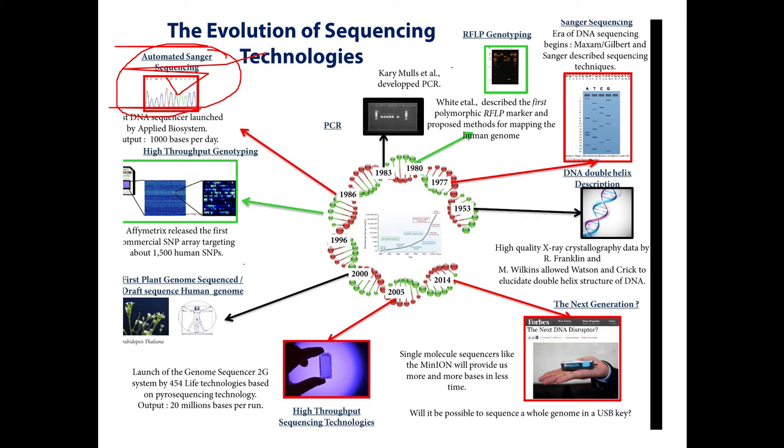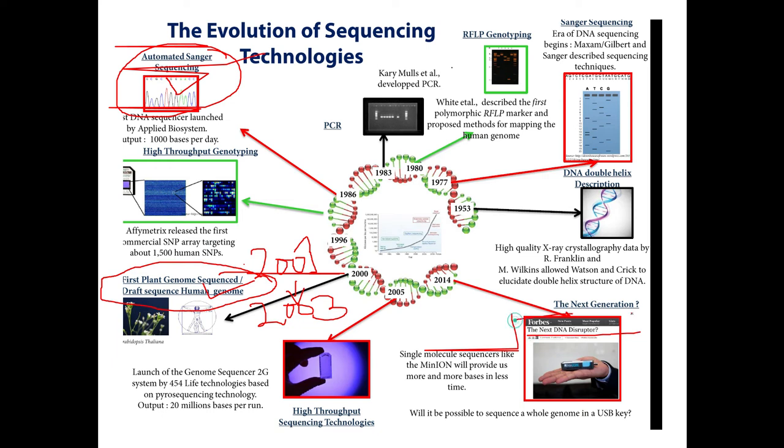The Human Genome Project is very important to understand, my dear friends. It was drafted in 2001 and about to be completed in 2003, but there is still so much progress going on in the field of the Human Genome Project. Nowadays next generation sequencing, that is NGS, is much more prominent and widely used.